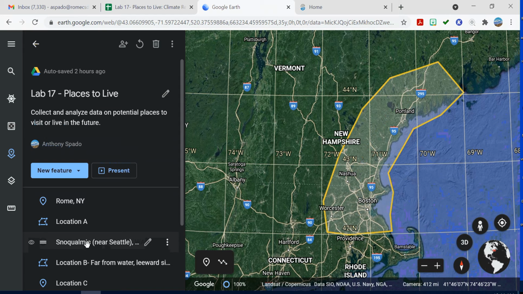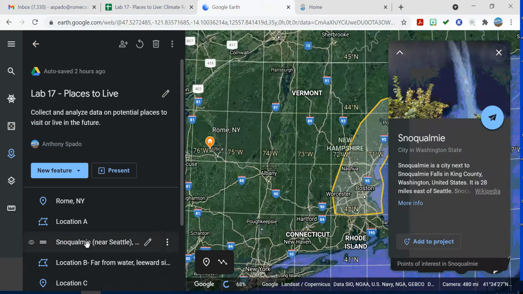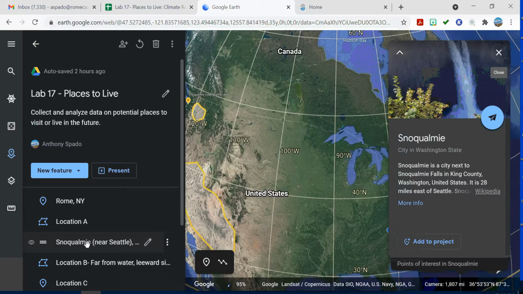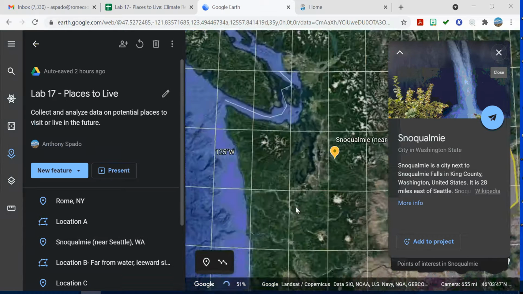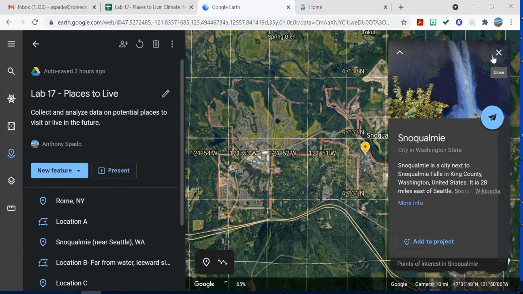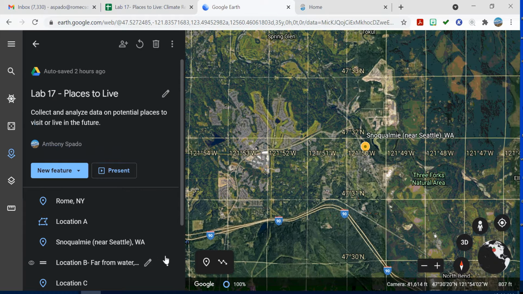Okay, Snoqualmie, and we click over here. This is near Seattle, which is in Washington. Okay, so we're going to get the information for Snoqualmie, just so you know where it is. And then